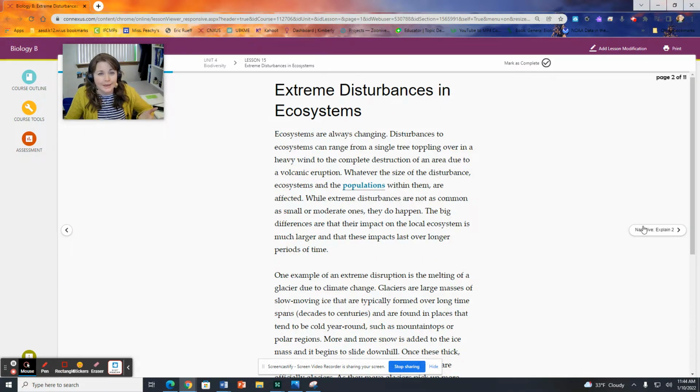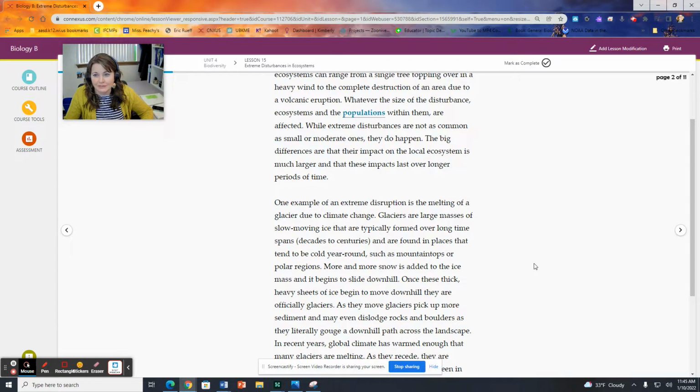All right, so as we mentioned in the previous lesson, there are some disturbances that are fairly light to moderate, in that they don't have a lasting impact on the ecosystem, right? Moderate disturbances can actually increase biodiversity, which we learned about in the previous lesson. Ecosystems are always changing. There are extreme disturbances that do happen. They're not as common, but they do impact ecosystems and they do have lasting implications on diversity and